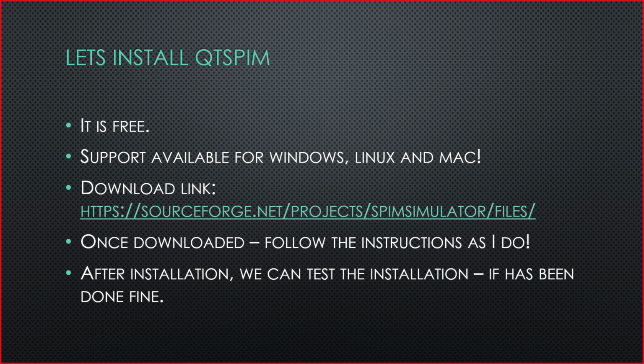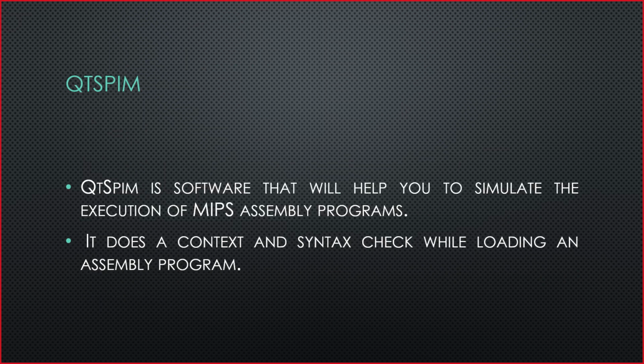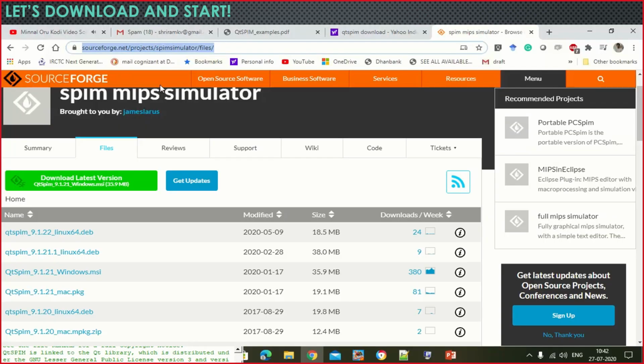Now, once you download it, the installation is all available for you. You just need to install it, and we are going to understand one very fundamental point. There is nothing called compilation here in QtSpim. We are not going to compile at all. The moment you upload the code, it gets compiled. It checks for syntax, it checks for context, it does everything during the upload itself. So within seconds it will be done, and it's really very fast.